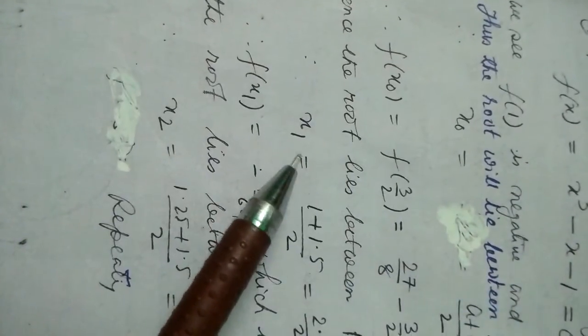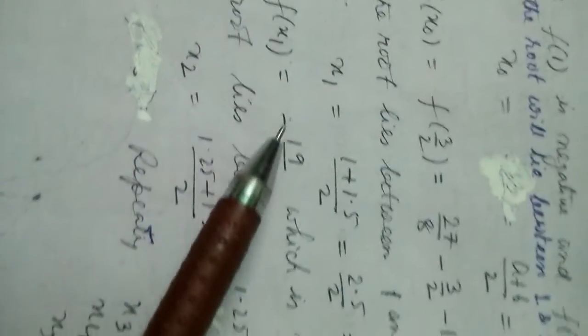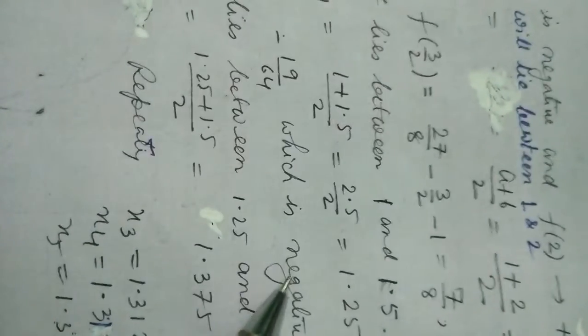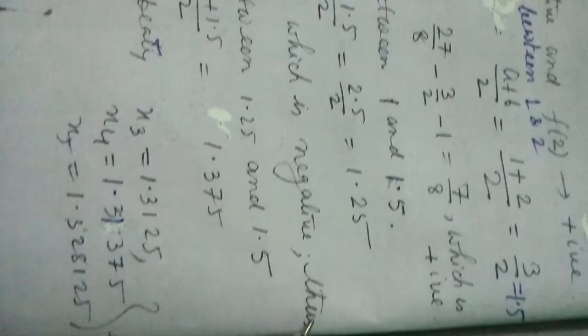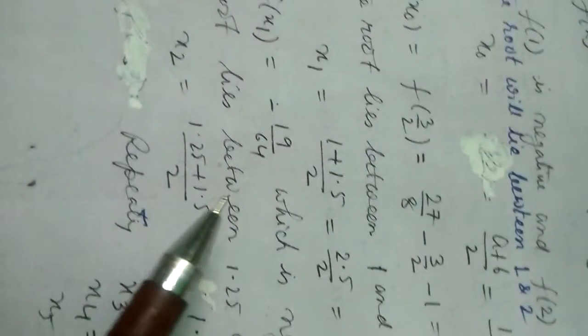Okay, now in this way you will get x1, (1 plus 1.5) by 2. We have to find out the function of this. So function of x1 is equal to, this is negative. Now you see this is negative. So function of x1 is negative,